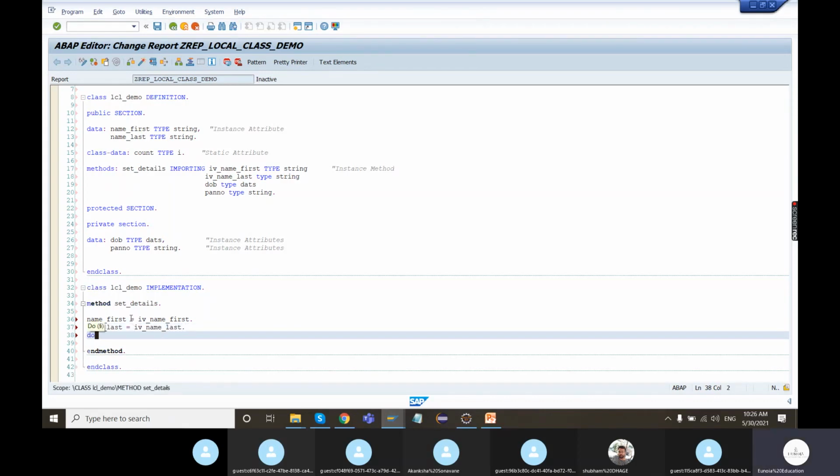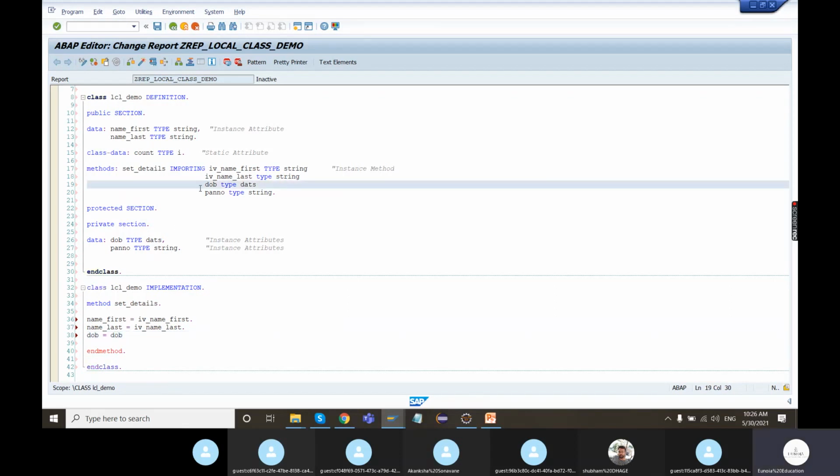Then we have the DOB, date of birth, that also can be set using IV underscore DOB. I just change the name of this particular type.